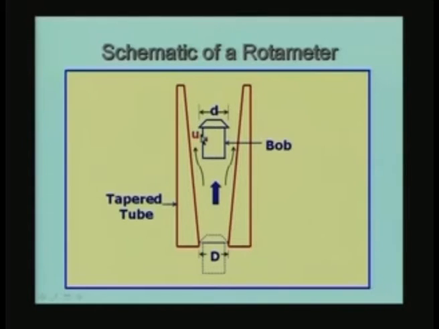The corresponding division on the outside will give you the height above the datum. So, that gives you the y. You actually measure only the y, the scale reading on the periphery of the taper tube, and from that you multiply by a constant capital C, which is called the gauge constant for the rotameter, and you have